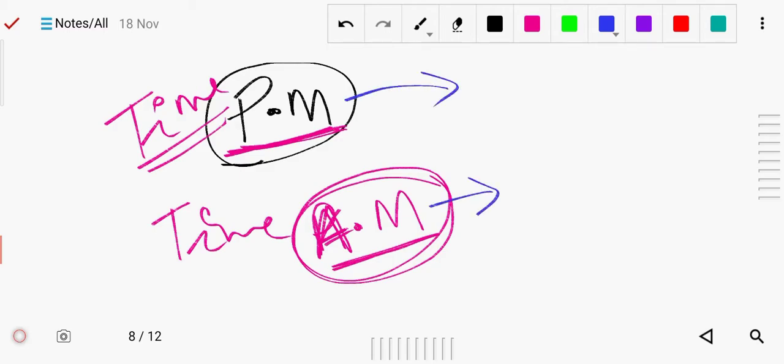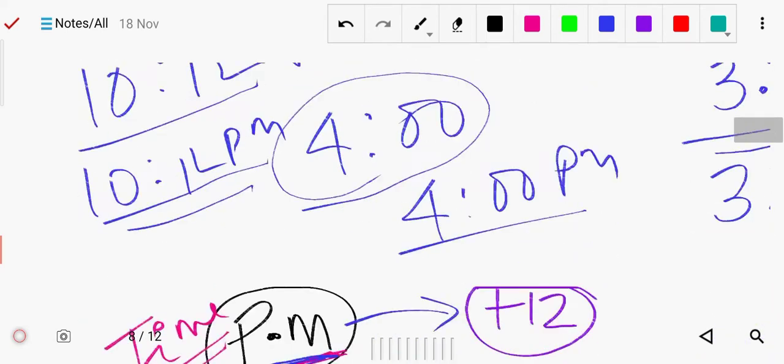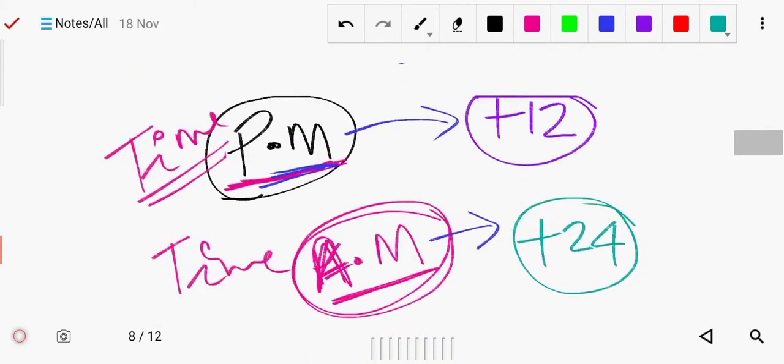Likewise, we convert centimeter to centimeter, meter to meter, or kilometer to kilometer, so we are converting to the same unit. We have to do the same here also: either convert to p.m. or a.m. When converting p.m., as in that chart, you just add plus 12. If you are converting the a.m. part, you just add plus 24. We will use these two things somewhere.